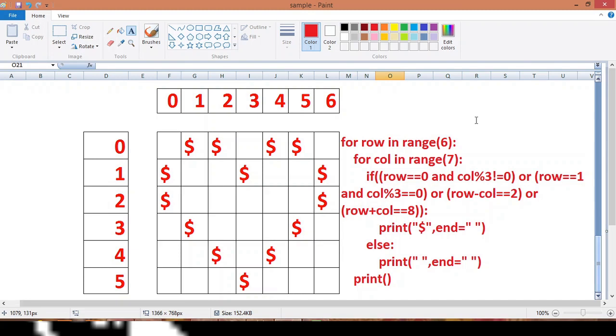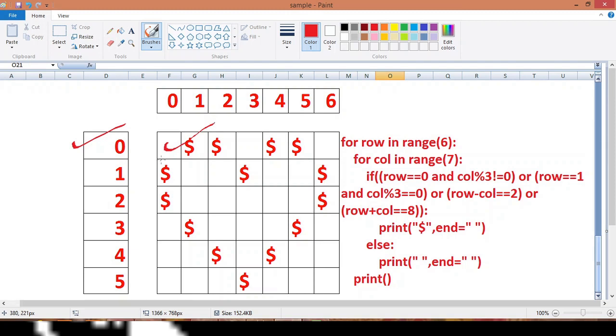In the first run of the outer for loop, 0 will be passed to the row variable, and the Python interpreter will come inside the inner for loop. That means we are in this row, and for col, the range is 7. First of all, 0 will be passed to col, and it will check the condition. If row is equal to 0, that means this row only, it will check the condition for this particular column, when the column value is 0.